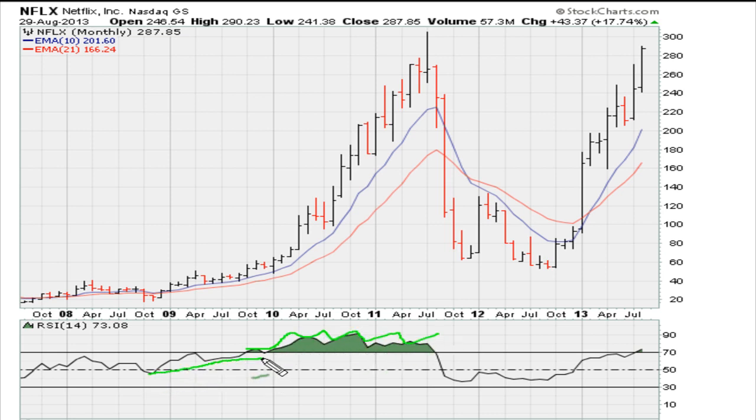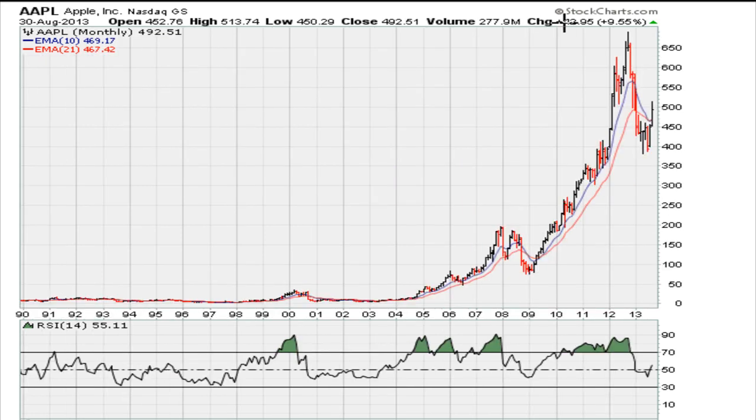And the time to get out is when this trend break was broken there. So you'd be out somewhere here or here or here. Needless to say, you'd have tripled your money. So really, you don't care, right? Let's take a look at another name that did well for investors